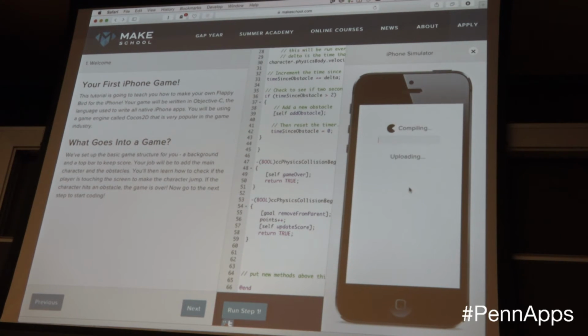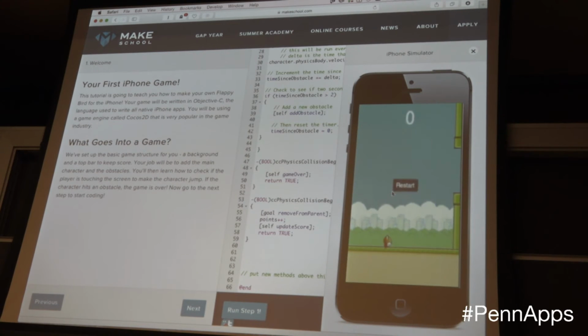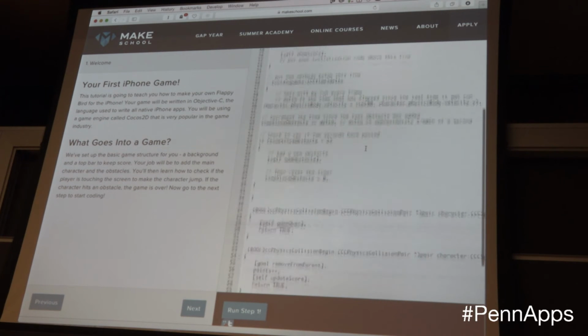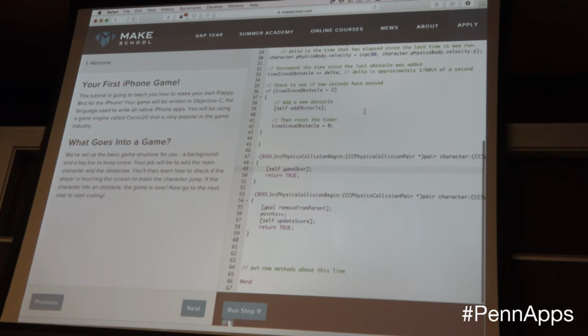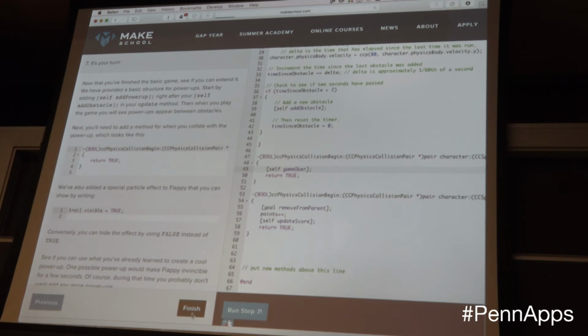What's interesting from visually looking at the code, I have a feeling that we're missing the thing that makes the character flap, which is kind of important for us. And we are definitely missing the thing that makes the character flap. So that is great.